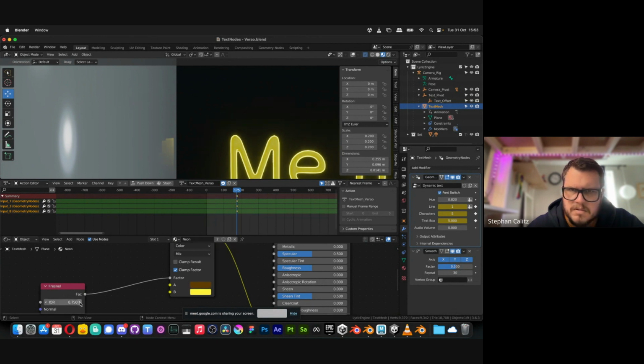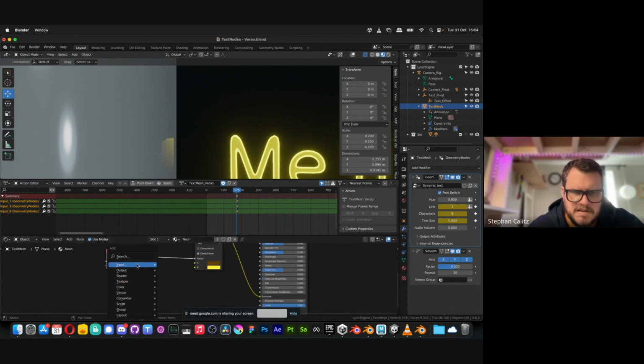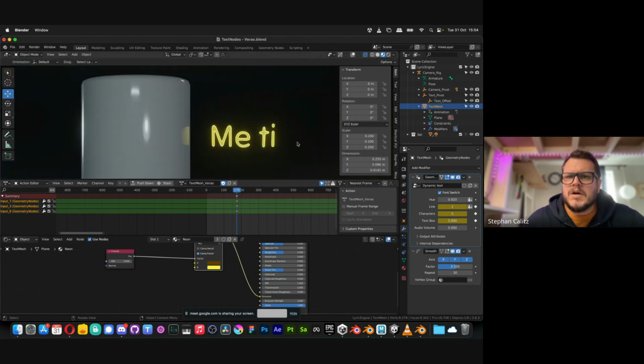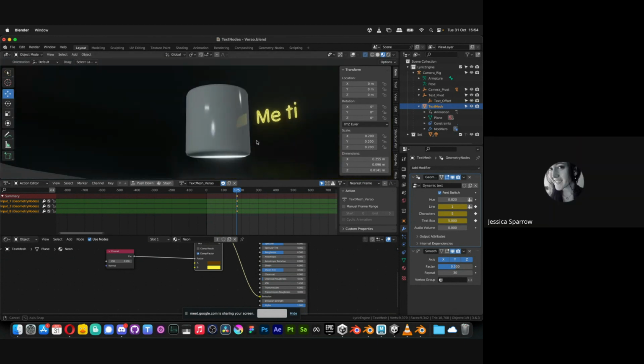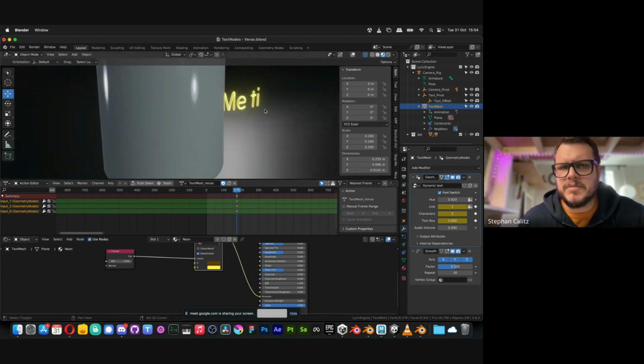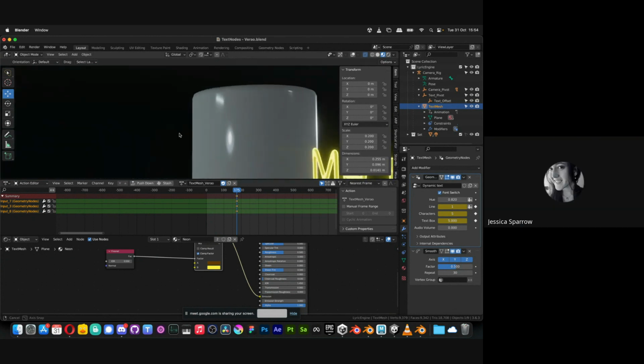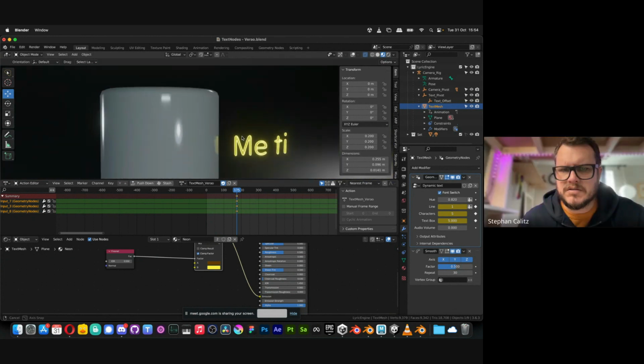And you can also adjust this gradient by doing a color ramp on that. Yeah, that helps you retain a little bit of the shape of the object.